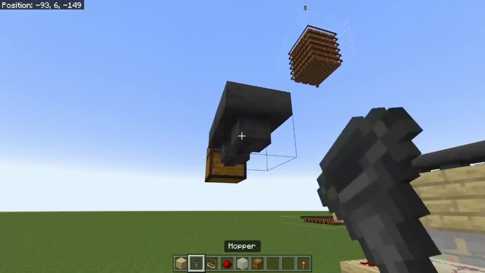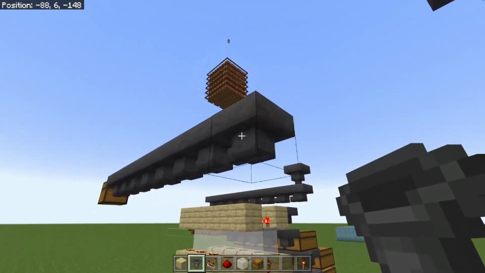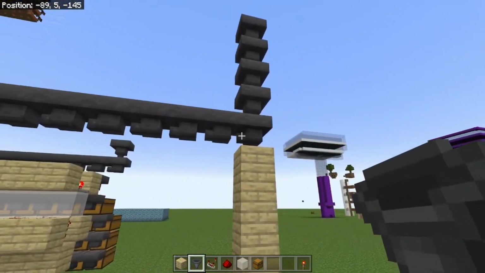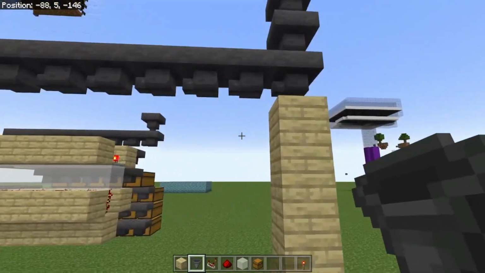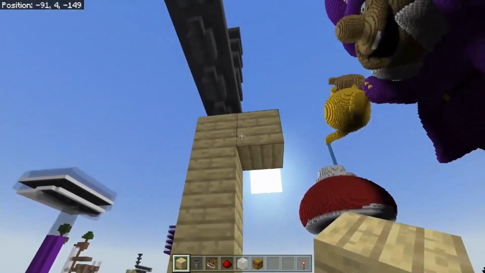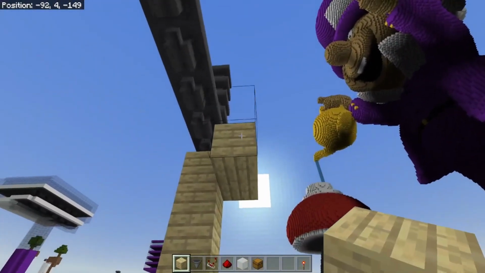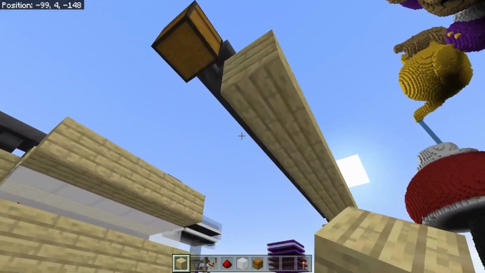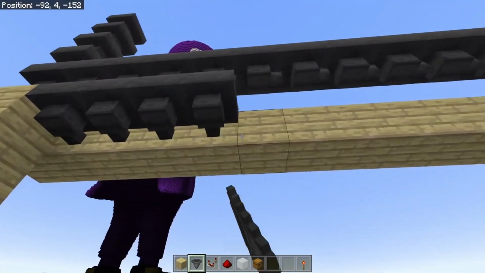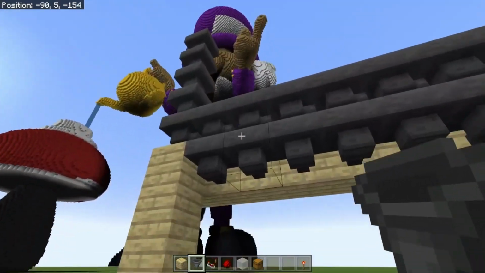So then we're going to take a hopper like that, and we're going to go across the top all the way back to our input. So this is our farm input, and then again we're going to place a line of blocks here, and then hoppers into this like that. So that is our